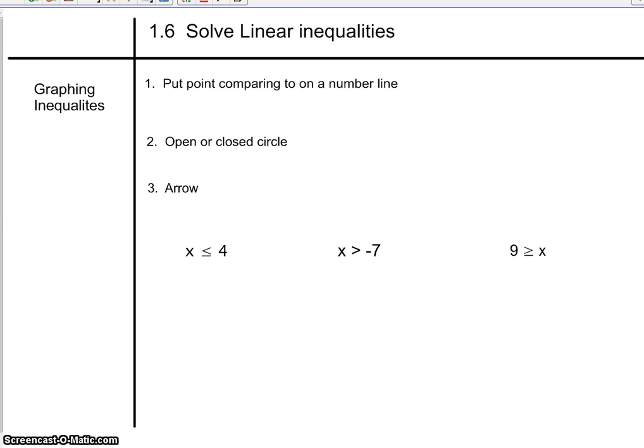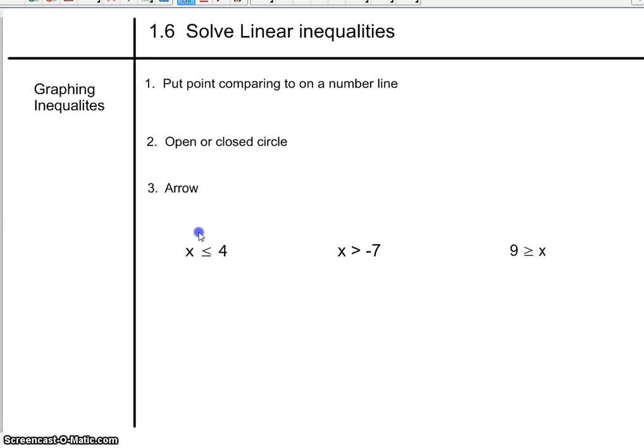So for instance, in this first one, x is less than or equal to 4. I want any values that are less than or equal to 4. So 4 is actually a solution here because of the equals, but so is 0, so is -8, so is -200. Okay? So one of the pieces we're going to start with is looking at the idea of graphing these